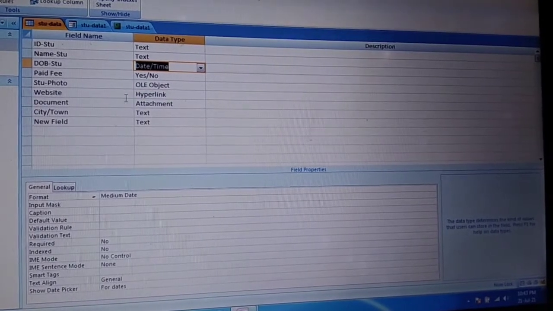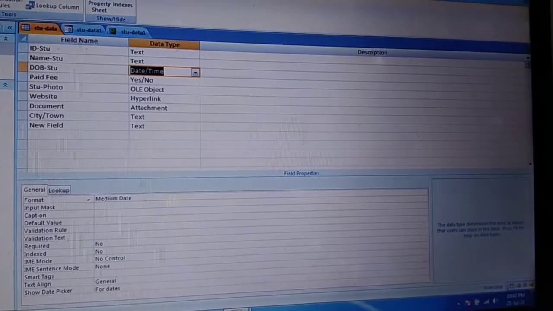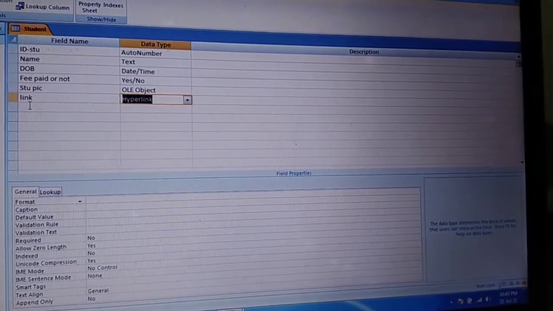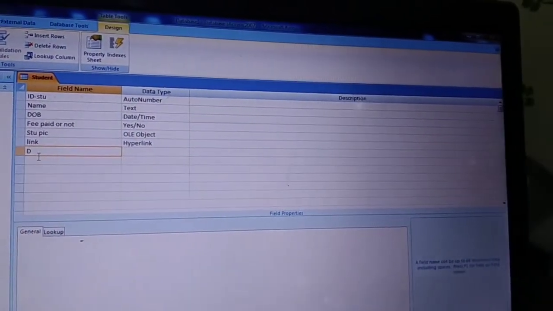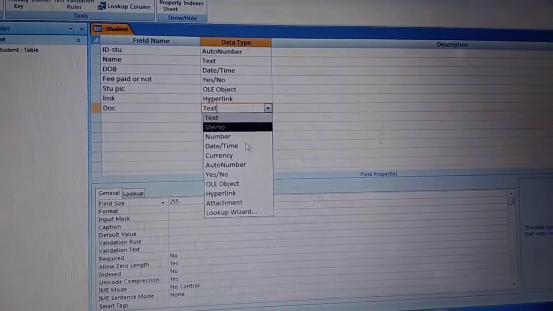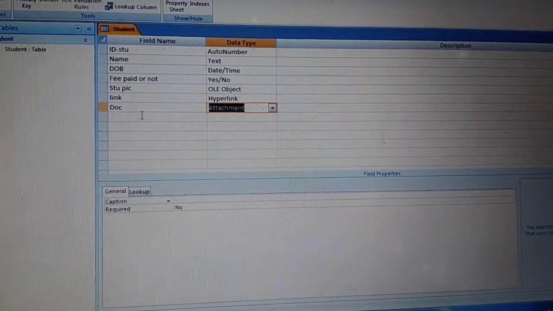Yes, for a website, hyperlink. Then I will take document, and then city on down. Then I will take document, DOC. In the document I will take attachment, and then city.